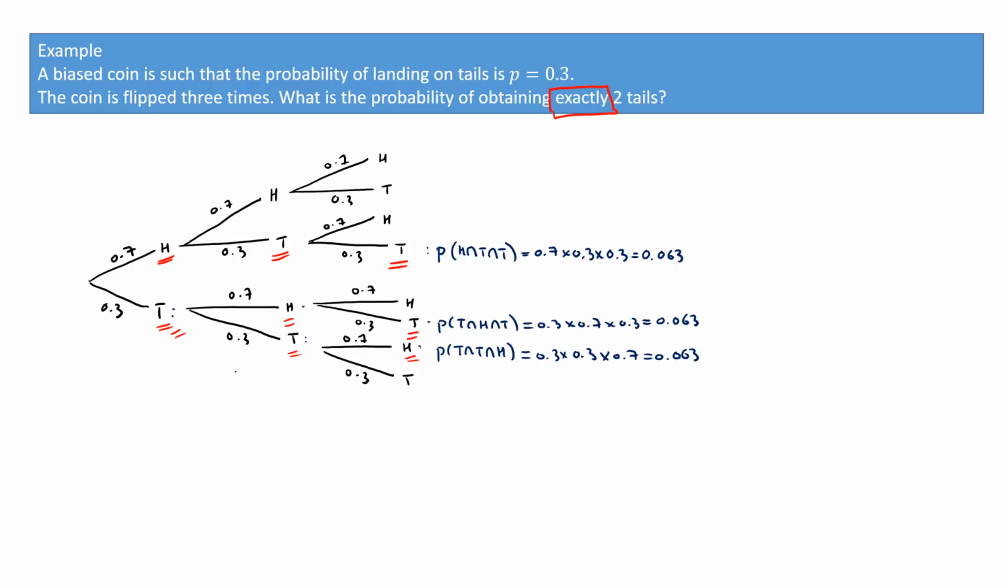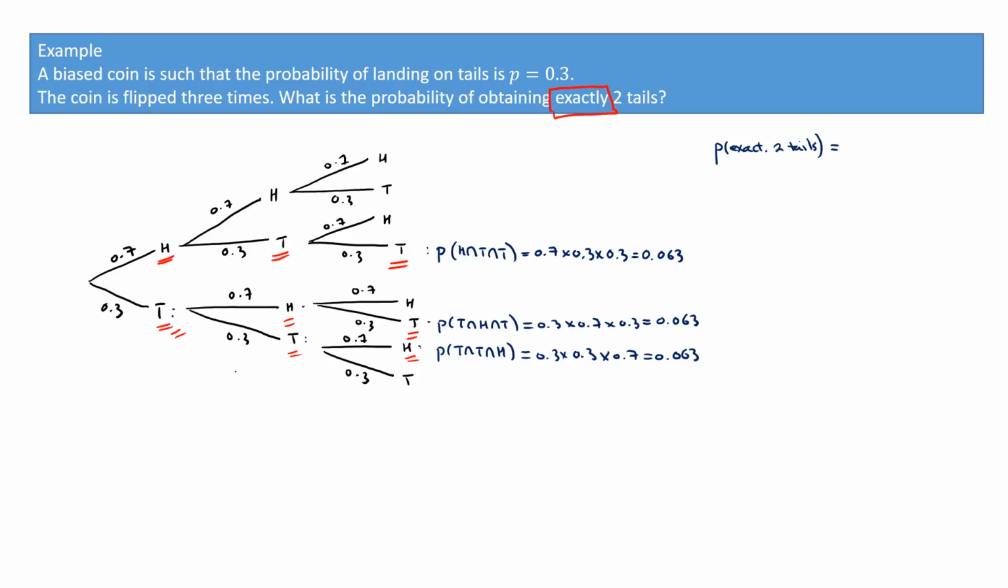Now, all 3 of these outcomes are mutually exclusive, and all 3 of these outcomes correspond to exactly 2 tails. So the probability of either one of these occurring is simply the sum of the 3 probabilities. And so we just have to add all 3 of these probabilities up to find the probability of obtaining exactly 2 tails. So I'll just write this here, probability, and I'll just write exact for short, 2 tails,